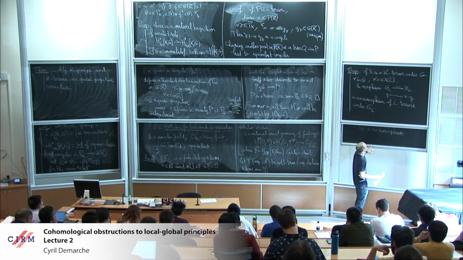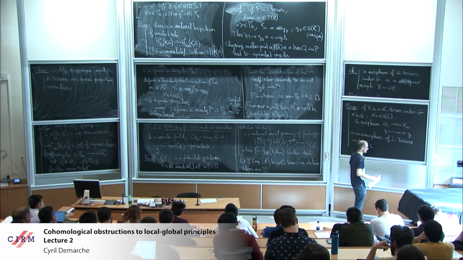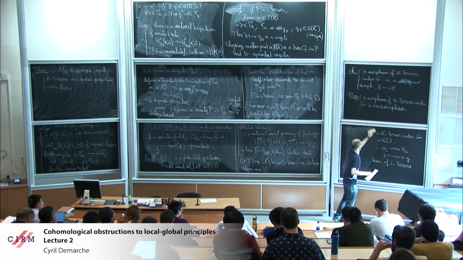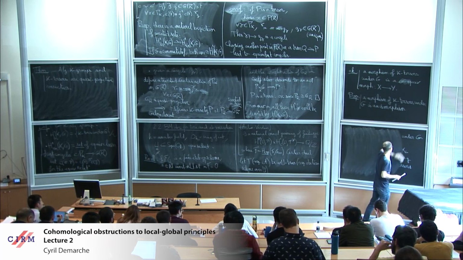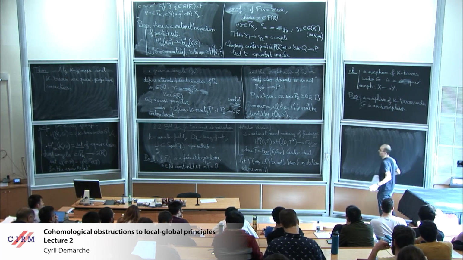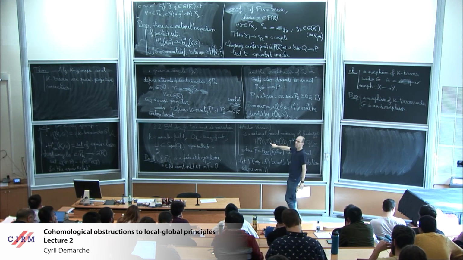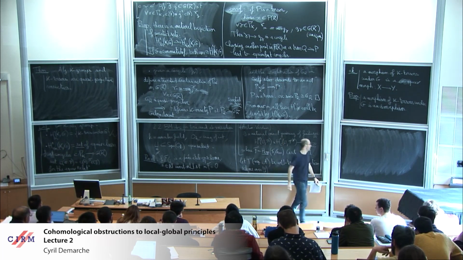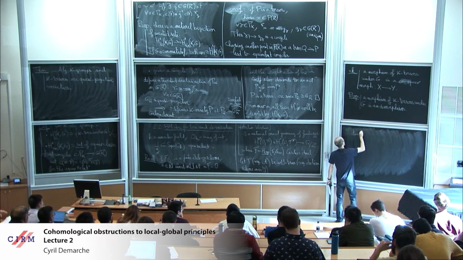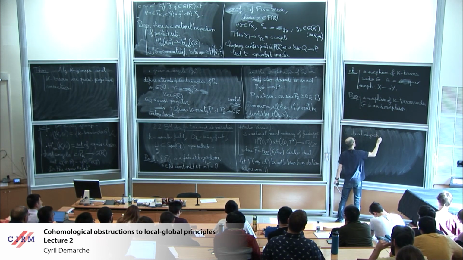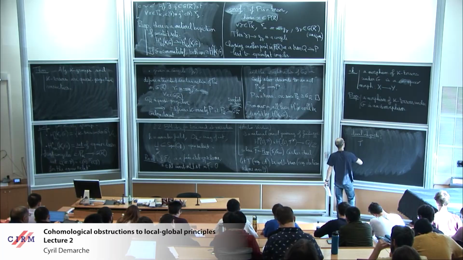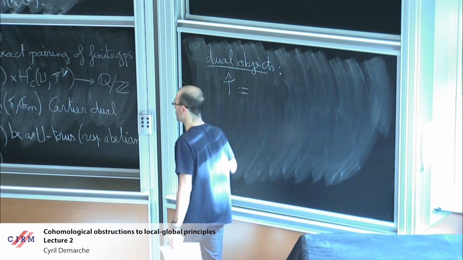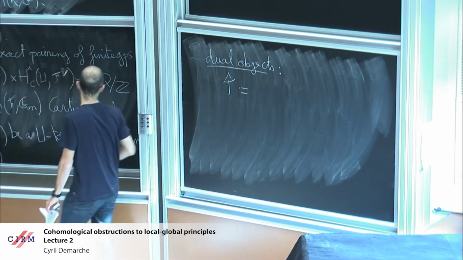So given such a torus and such an abelian scheme, well, first you have some dual objects. So here you see you have F and its dual. So we have to consider the dual of T and the dual of A. So the dual of T, I will denote it by T hat. It won't be a torus here. It will be the same definition as here. So this is the Hom sheaf